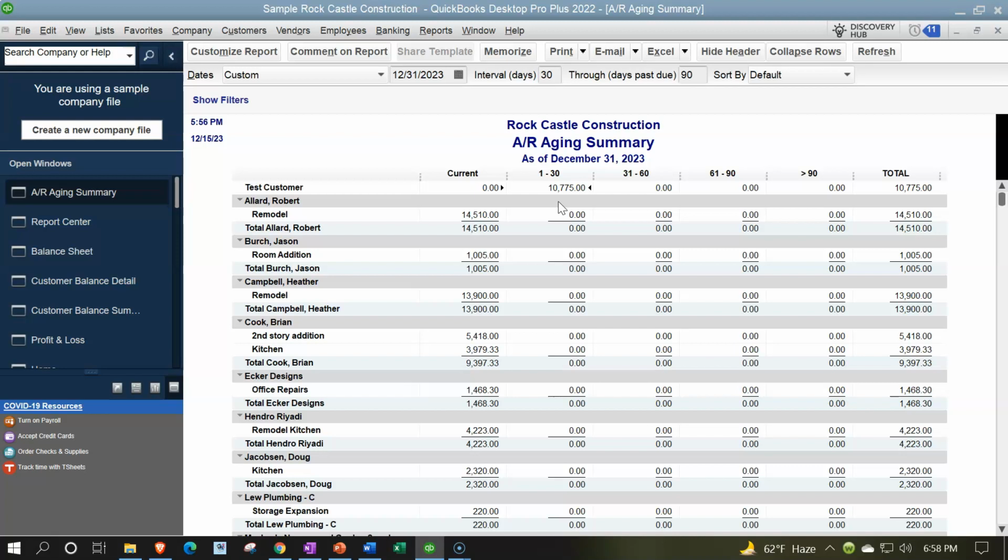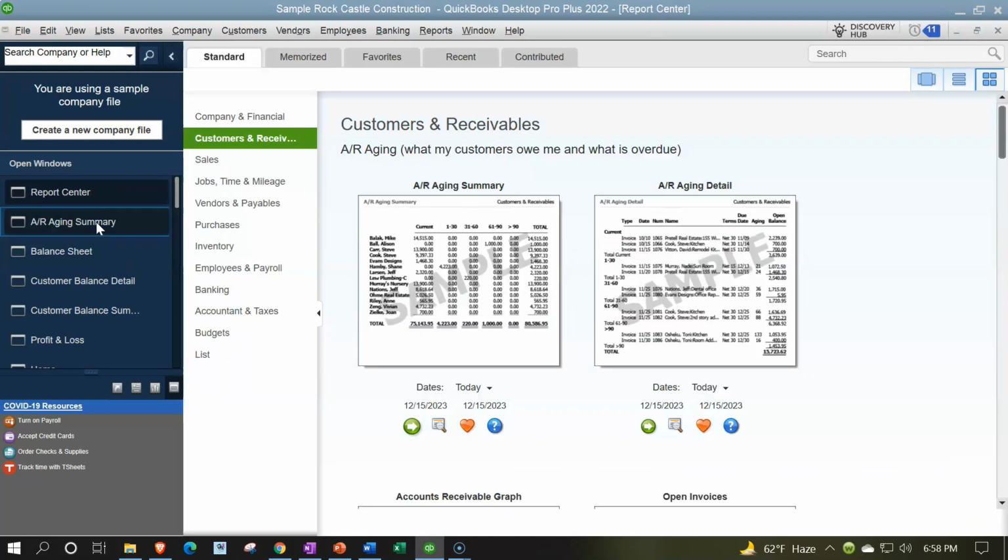and give reminders and so on and so forth, to at some point we might then say maybe we need to transfer this to some other collection process and see if we can collect it in that way. And then if it goes past a certain point, we might have to give up on it at some point and basically write it off to a bad debt type of process. This is a report also used if you're going to be generating some kind of allowance for doubtful account method for your accounts receivable process, which is necessary for an accrual process, but I won't go into that in a lot of detail now. Let's go back to the report center again, and let's see the next one, which is